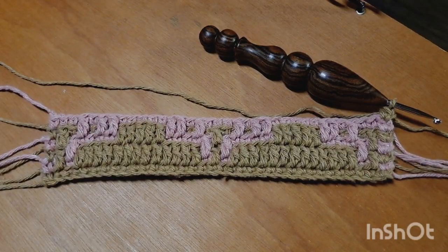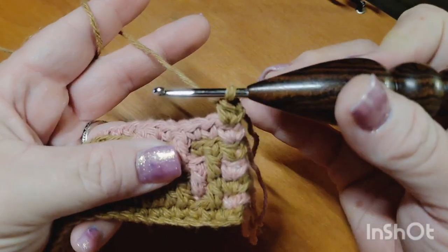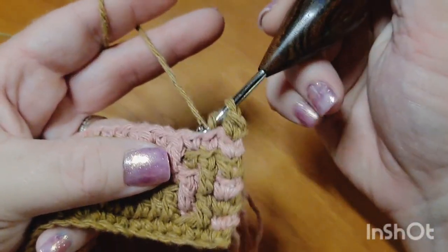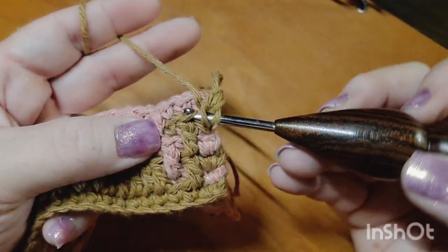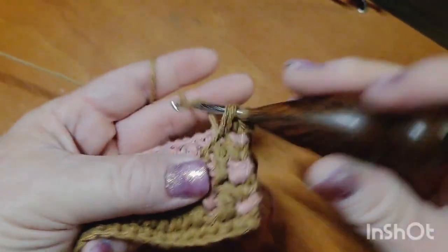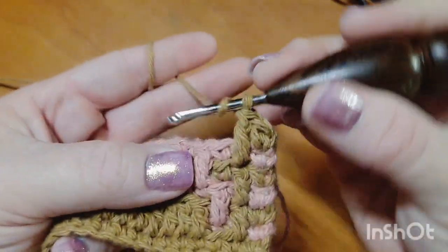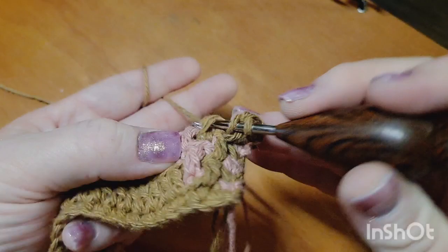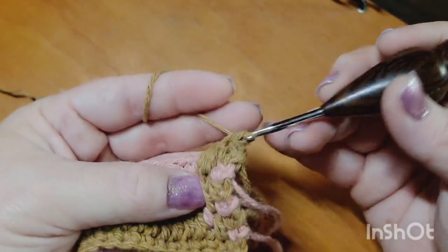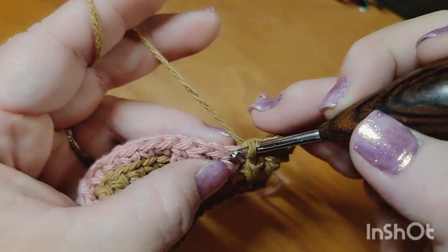Row number 7 begins now, and we are working in color A. Our repeat for row number 7 begins with 2 double crochets, 1, 2, 6 single crochets,